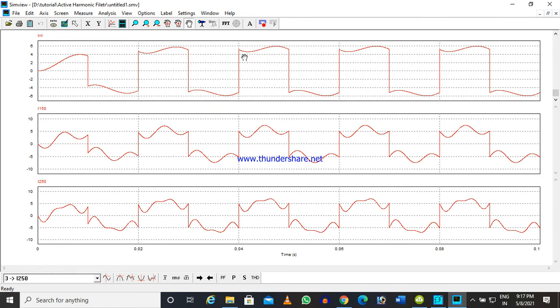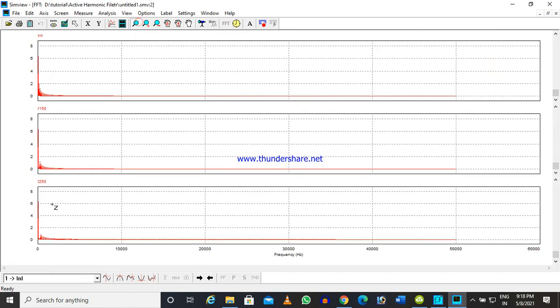So this is the first picture. The first waveform is far away from a sine wave. After subtracting the third harmonic component, we are getting a slightly more sinusoidal waveform. After further subtracting the 250 hertz component, it is nearly coming towards the sinusoidal waveform. Now it will be very clear once we zoom in on the effect. Now I will concentrate on that area only.